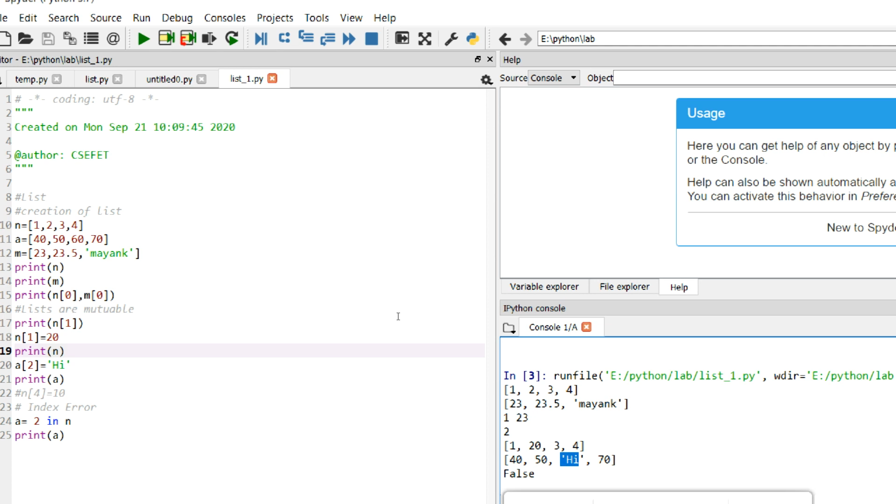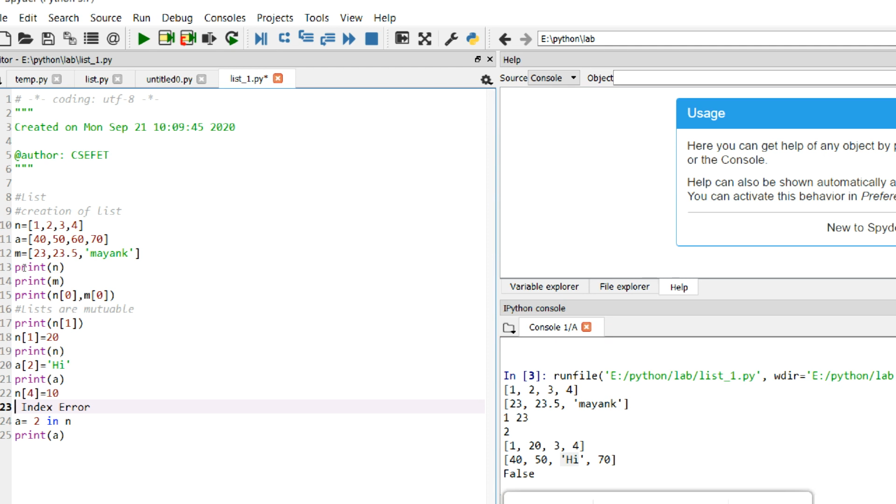So it is not that if you have created a list of integers, you cannot change it. You can change it to any type, any value. You can change an integer with a string or a float. There is no error for these things. Over here there is no error. This false we will explain further. For the time being, we are not taking this false thing.